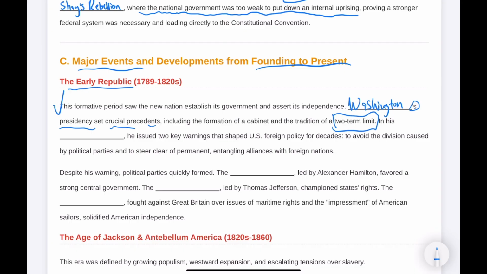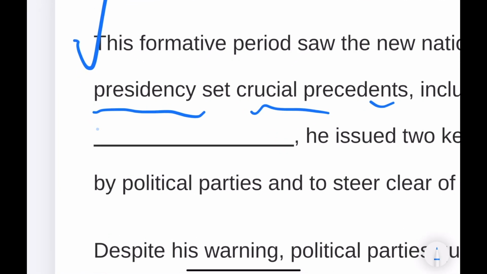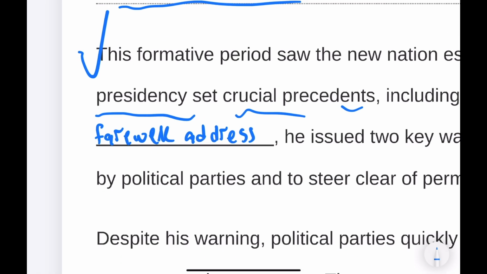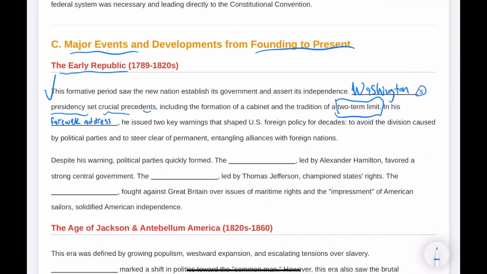In his blank, he issued 2 key warnings that shaped U.S. foreign policy for decades. So, in his farewell address, he issued 2 key warnings, right? So first and foremost, it was to avoid the division caused by political parties and as well to steer clear of permanent